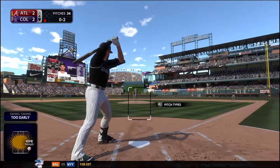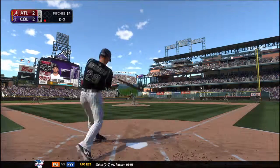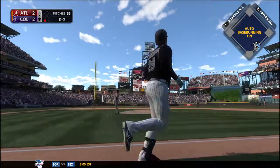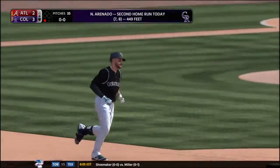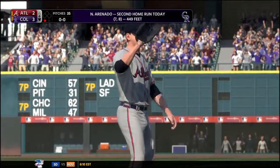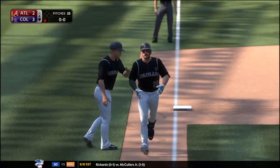I gotta say, his command of the corners in this start has been pretty exceptional. He's mixed east and west. There's a swing and a drive, and everybody's just going to sit back and watch that one fly. A no-doubt home run. A solo shot here to left. His second of